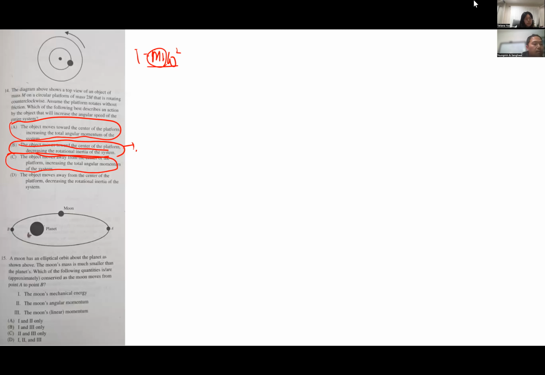So if the moon and planet are treated as a single system, the system's total mechanical energy, linear momentum, and angular momentum are all conserved. But that's not necessarily true for each object individually. So the moon is now moving toward the top of the page. It's like this, right? At point A,